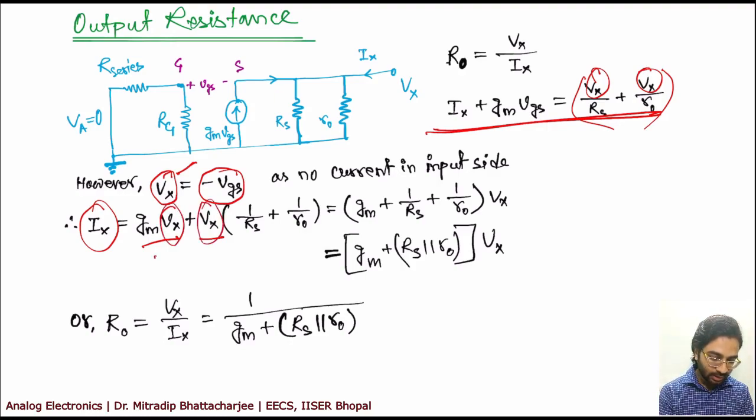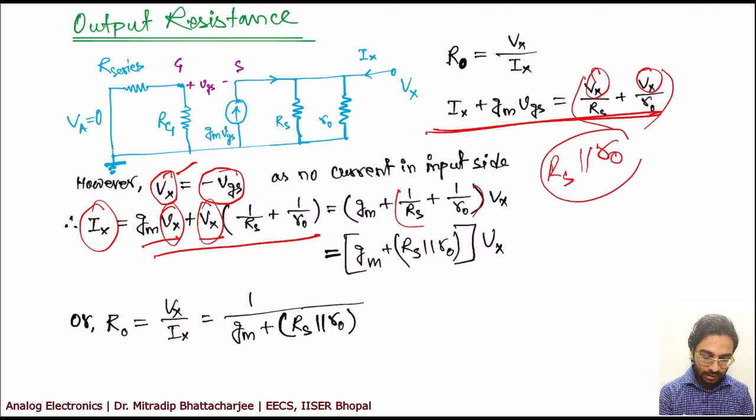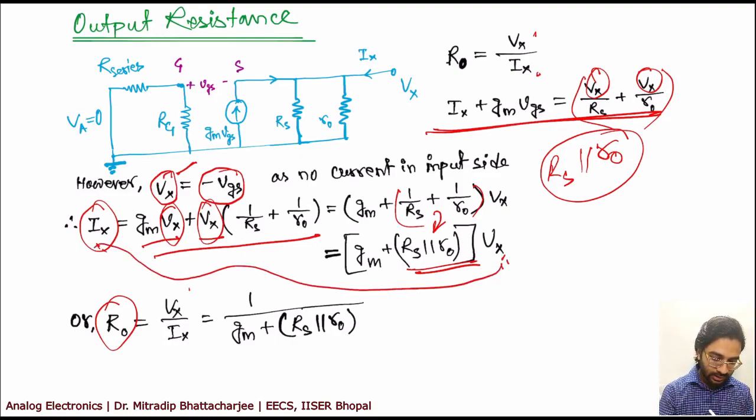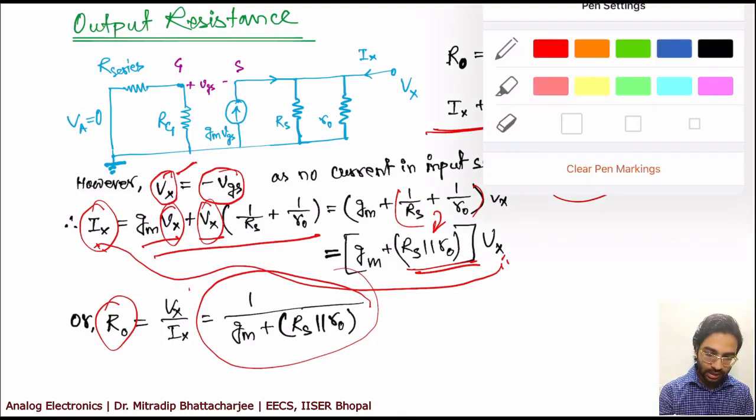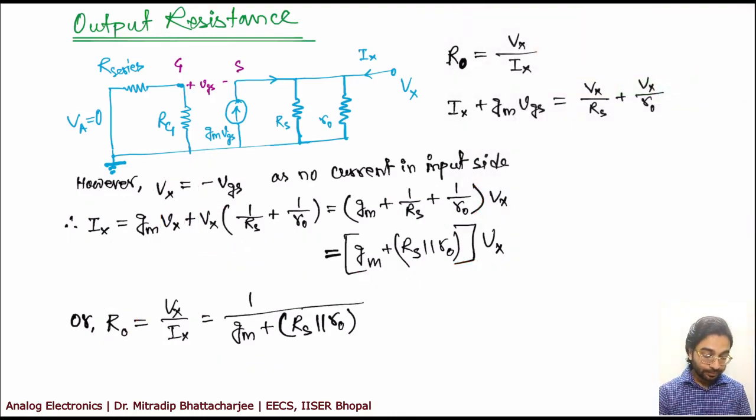Now take Vx common from all three terms, then you will find it is Gm plus 1 by Rs plus 1 by R0. Now these two terms are nothing but Rs parallel R0. That's why we have replaced this as this one, just for understanding purposes. So what is your R0 now? R0 is Vx by Ix. So your Vx by Ix, if we consider this equation, it will be something like this. So you have now an expression for your output resistance in this case. Okay,